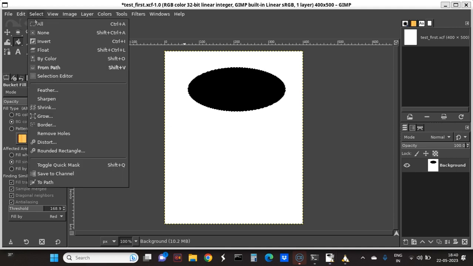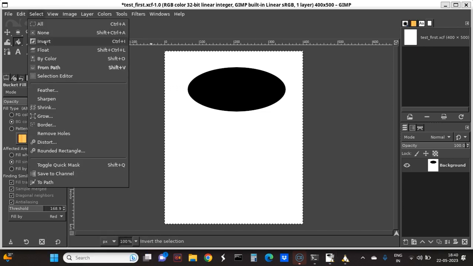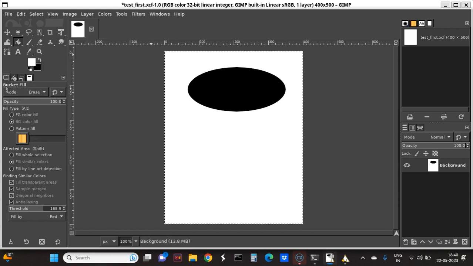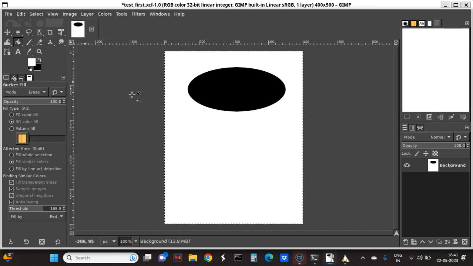I need to select this. First I need to click on select. Then we need to click on the selection editor. So what it will do is